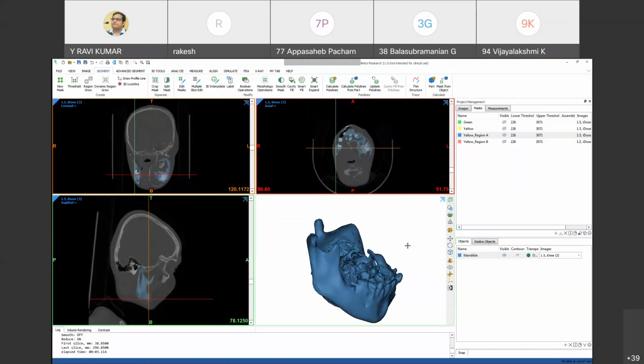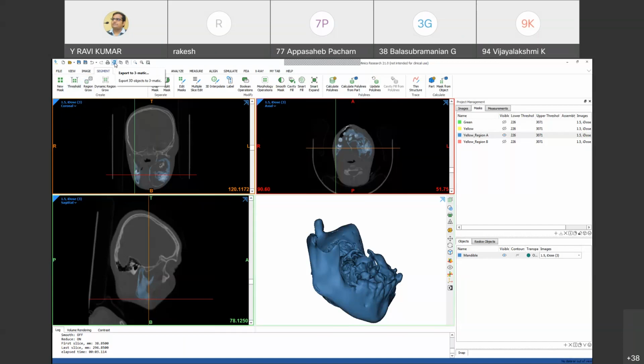Once you have the STL file, you can print the part, do the rehearsal, or check the anatomy of the model, how the structure is. So this is the process behind the Mimics software, and there is advanced software called 3-Matic, a very good software used to prepare these templates and guides.